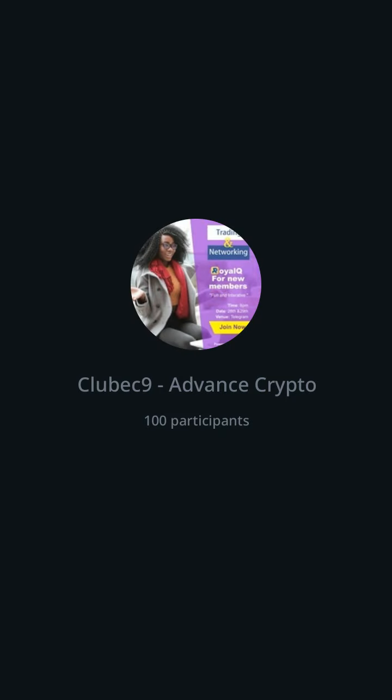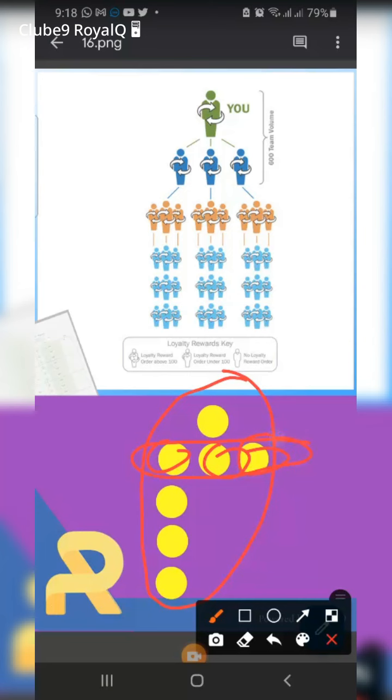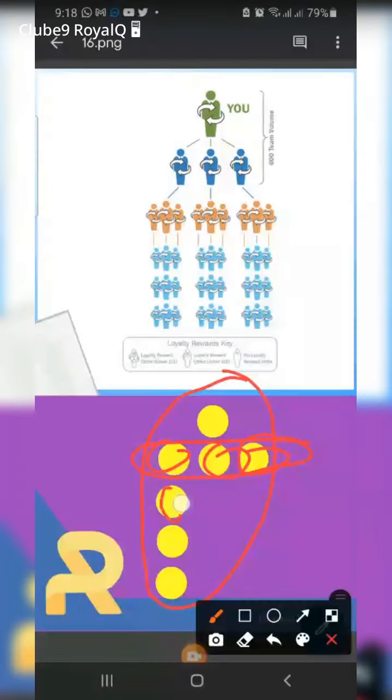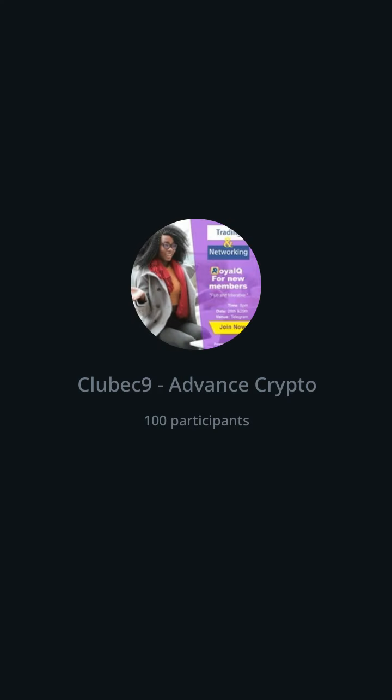Okay? Now, what you will do, pick a very serious person within these 3 people here, and anybody you are registering, put them under that person. Okay? Put them under that person. The reason is simply because if you have somebody that is very serious or someone that has a big network that can invite people into the platform on this line,